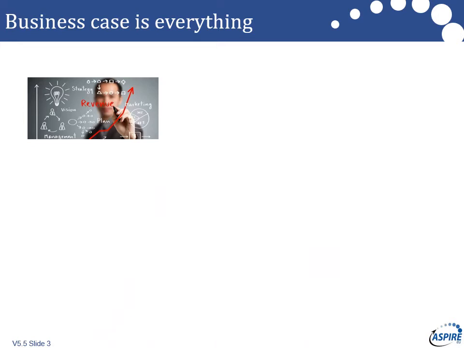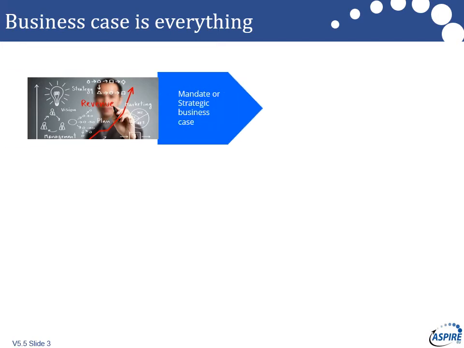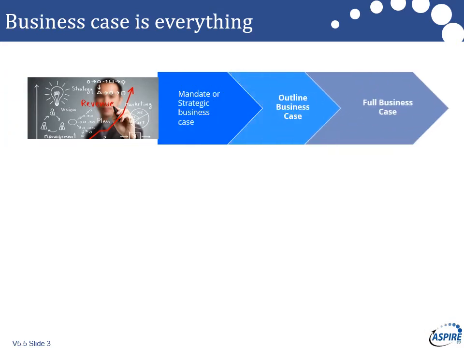So, first things first, let's remember that this is all about the business case. The business case is the reason we are here, it's the reason we make decisions, and you'll be familiar from other modules that we've got the three-case approach, or the three-stage approach. We have the strategic business case, is this really what we want to do, is it a good idea? We then have the outline business case, these are the options, and then we have the full business case, this is how much it's going to cost us.